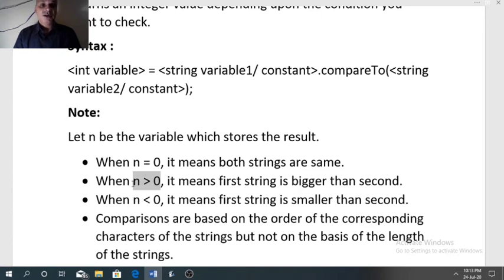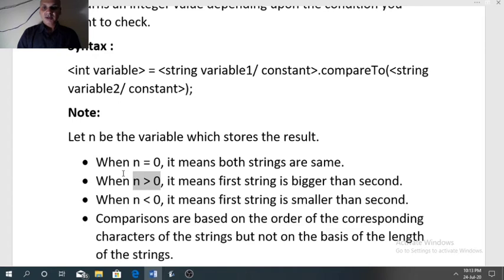When you compare two strings, whether the first one is larger or the second one is larger, the length of the string does not matter here. What matters is the ASCII code of characters. So when the first string is larger or bigger, it means the ASCII code of characters on the left side is more than the characters on the right side.